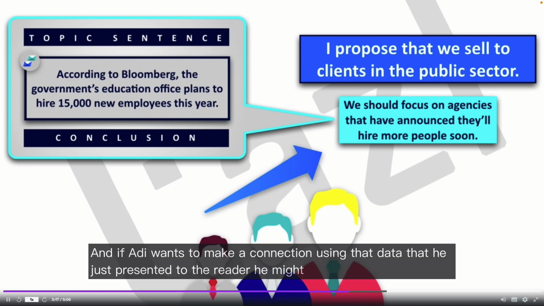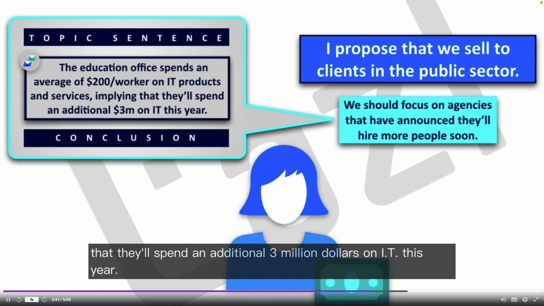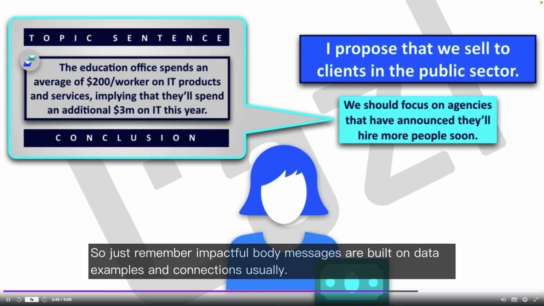And if Adi wants to make a connection using that data, he might have another body message. The education office spends an average of $200 per worker on IT products and services, implying that they'll spend an additional $3 million on IT this year. This is a connection that Adi is now enabling the reader to make. So just remember, impactful body messages are built on data, examples, and connections, usually.